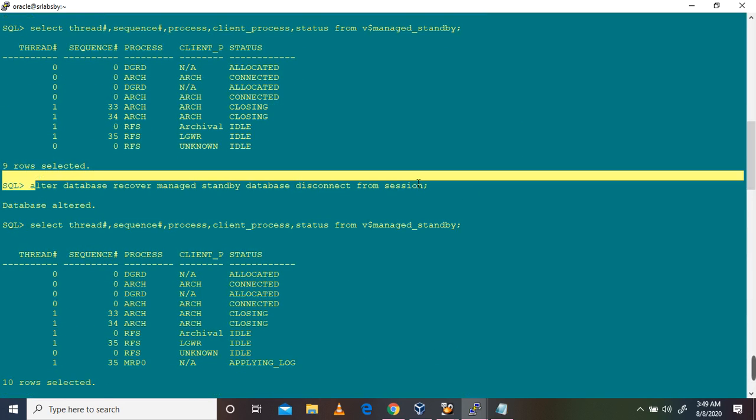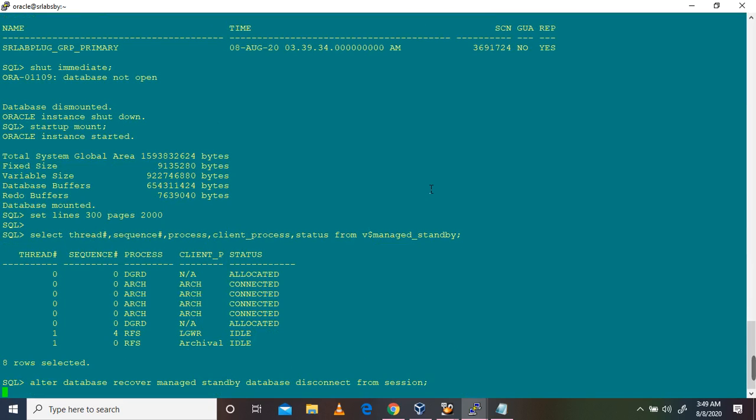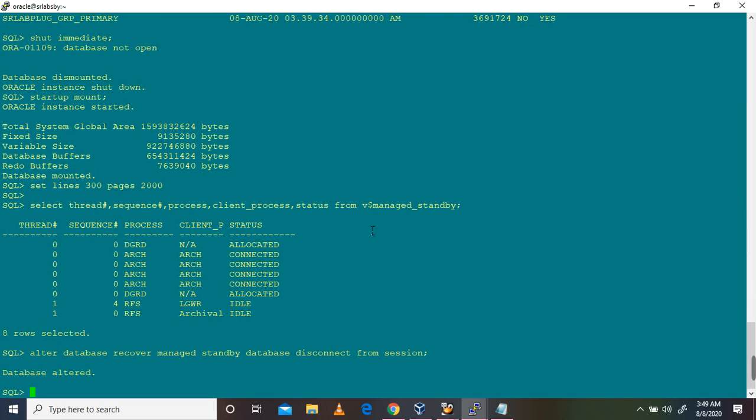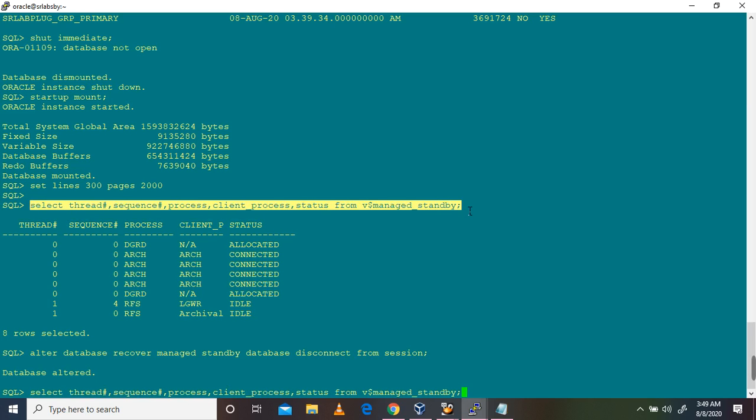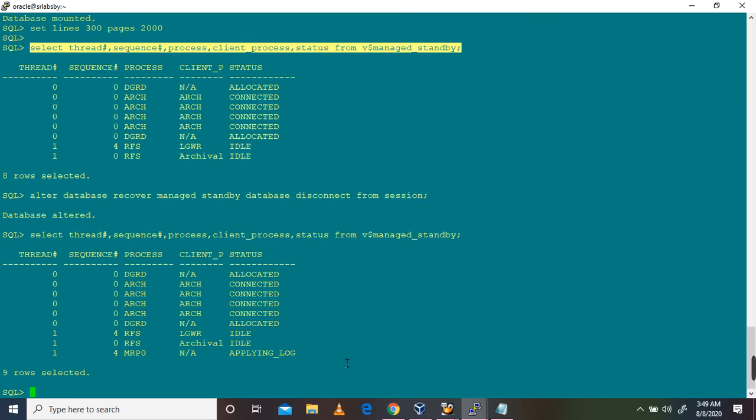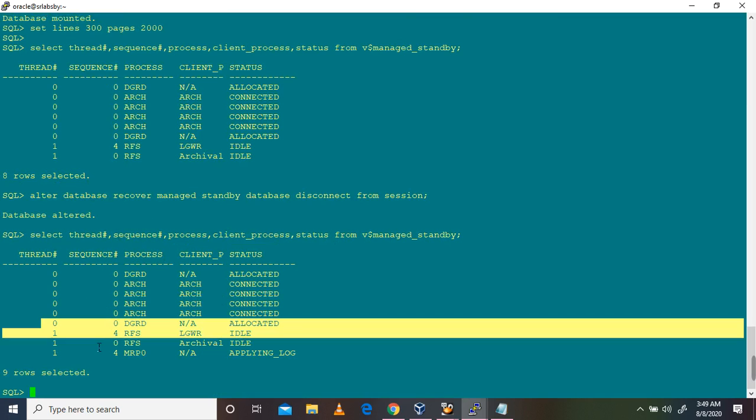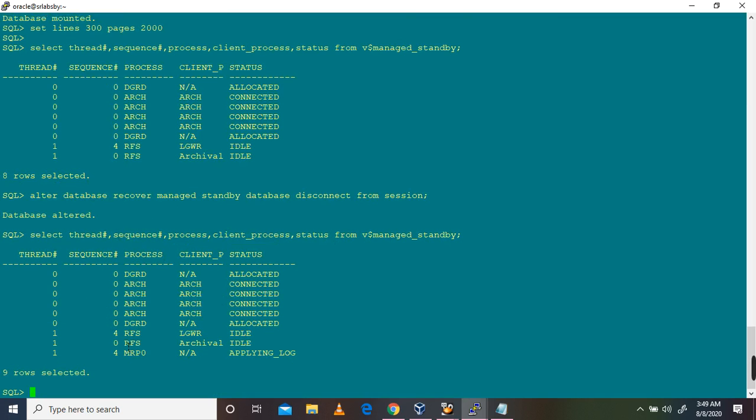We can start the MRP. Now you can check. The sequence number for the applying log is sequence number 4.